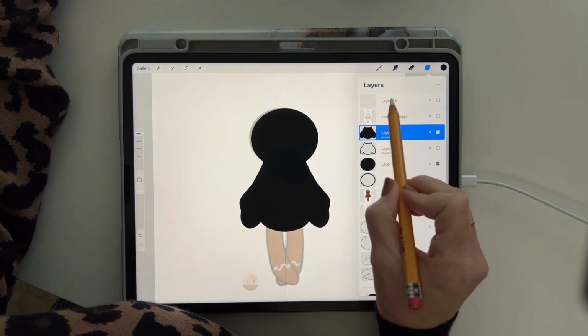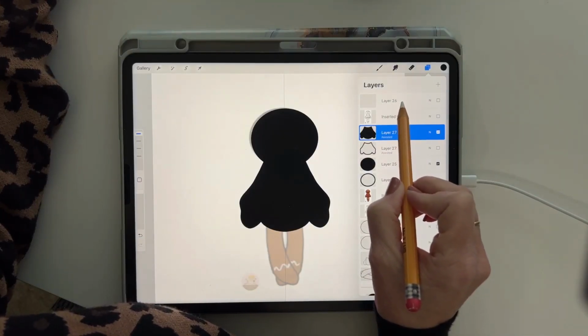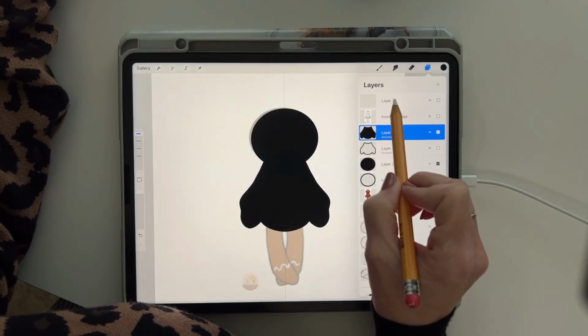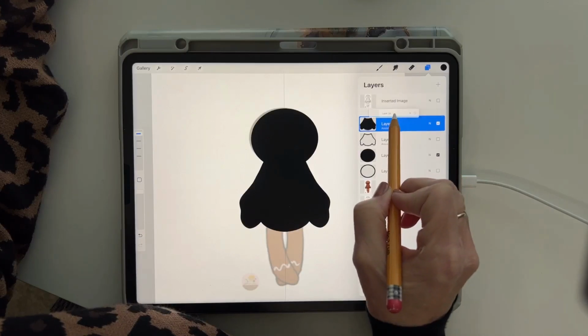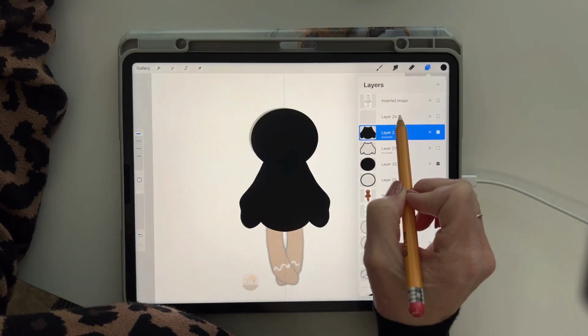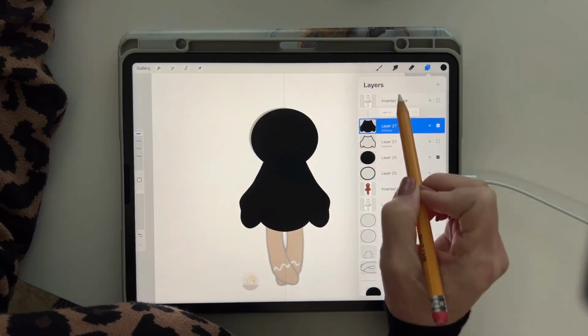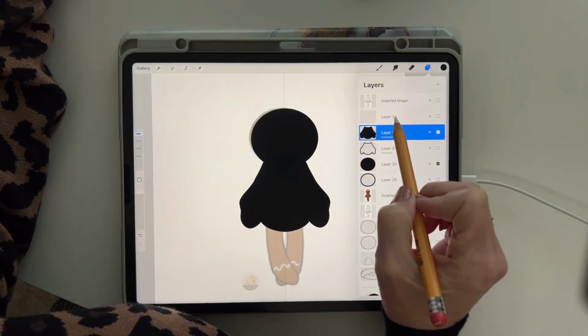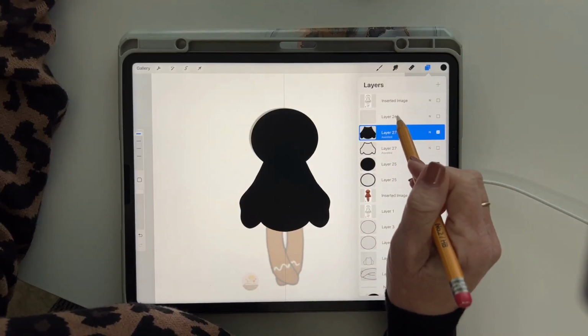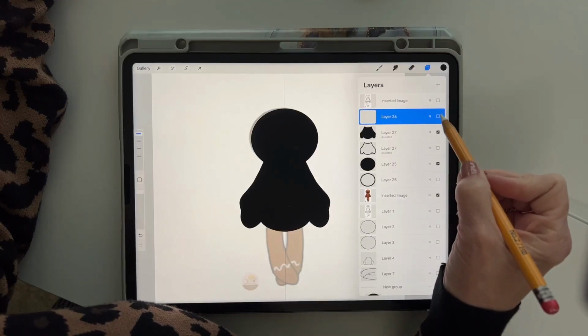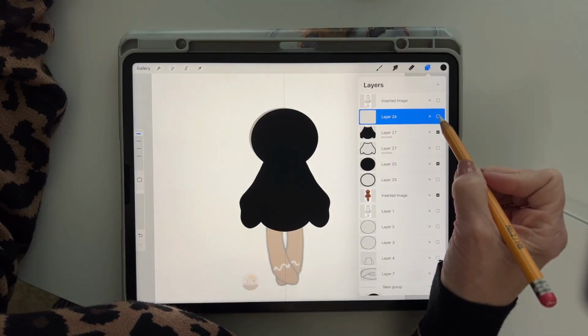So remember I added this layer up here at the top? Well, I want this layer to be right above this one, so I can just tap it. I can tap and hold. I can drag it anywhere I want. I want it at the top right now. And I'm going to tap on that layer, and I am also going to tap on this box to make